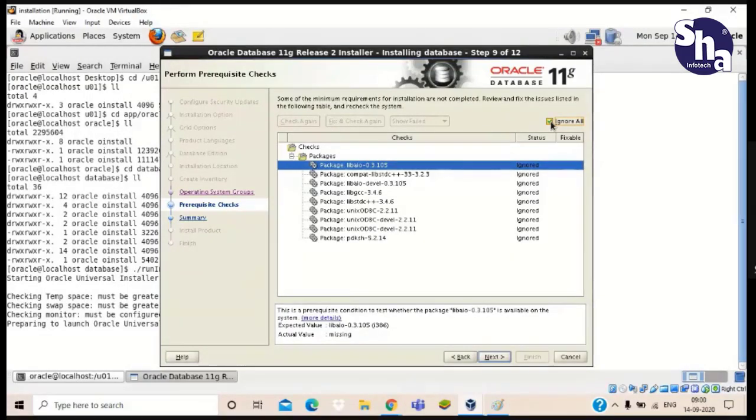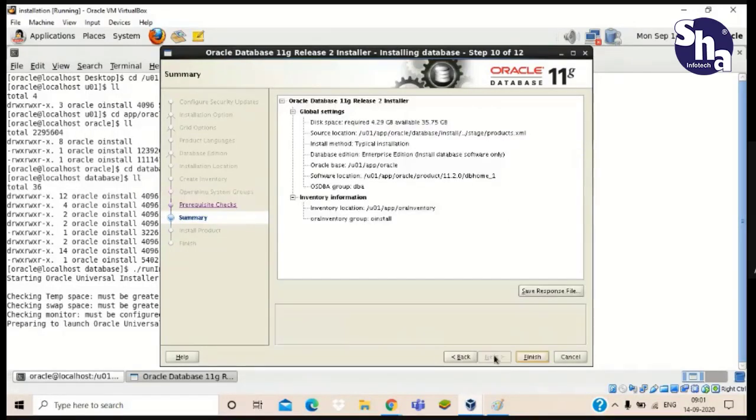That's why I was telling you that you can skip step 4 of the prerequisite, or you can run it. No worry, no problem. That's why I said that in the next steps we are going to ignore all the things that will get failed or something like that. So just at the top check ignore all, and after that click on next. You can see all the packages get ignored. Yes, sir, just next.